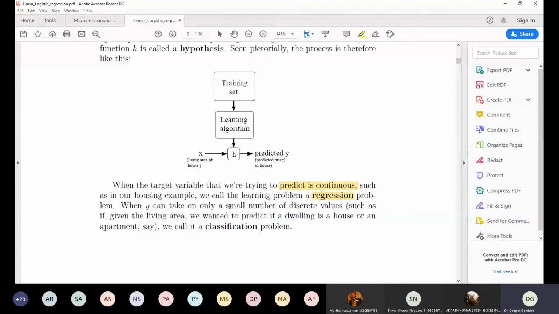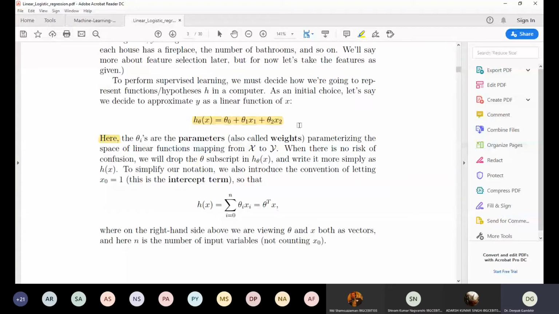In this, we have a training set. We apply the learning algorithm over our hypothesis, and we learn the parameters of the hypothesis in a way that when we provide the unknown input x, it will give me the output y, and for the training set it is as close as possible to the result, so that the error would be minimum. For this, we have taken the hypothesis as theta 0 plus theta 1 x1 plus theta 2 x2. Three parameters need to be computed.